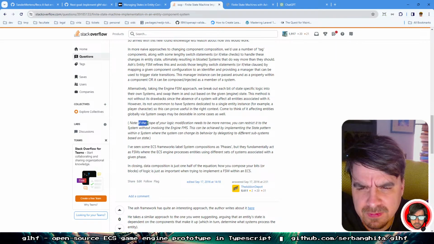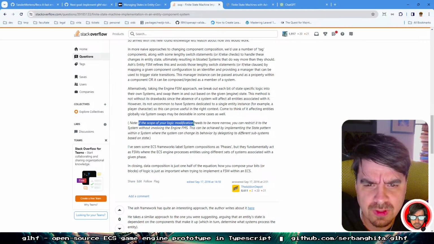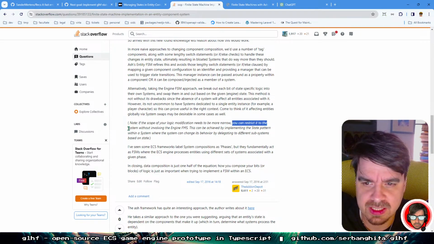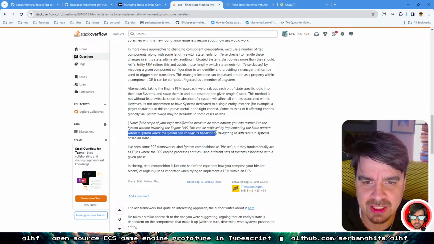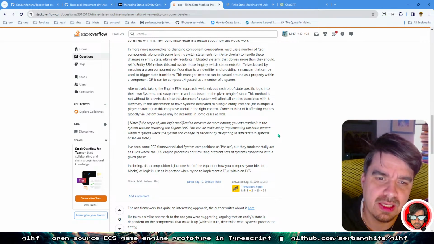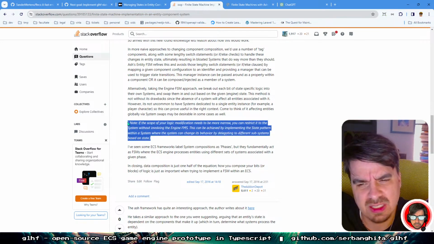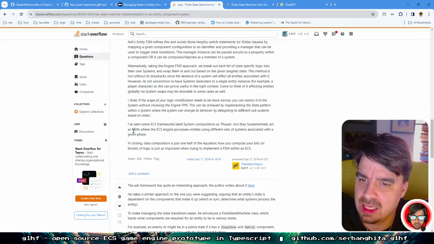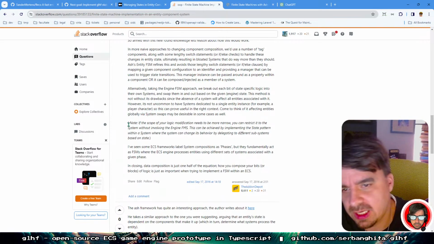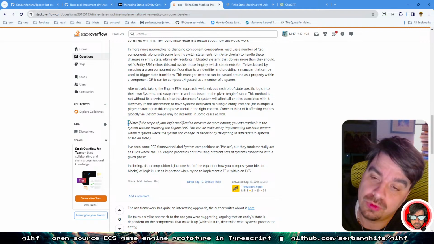Note, if the scope of your logic modification needs to be more narrow, you can restrict it to the system without involving the engine FCM. This can be achieved by implementing a state pattern within a system where the system can change its behavior by delegating to a different subsystem based on state. No, I want to delegate system through component